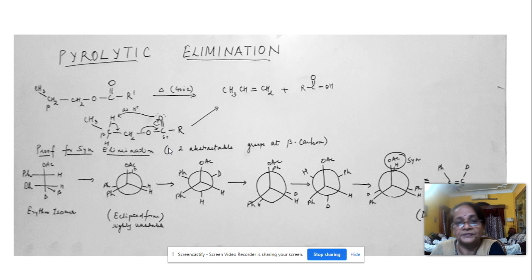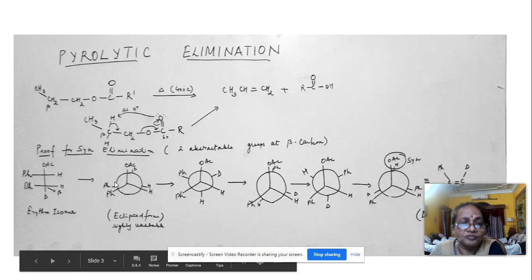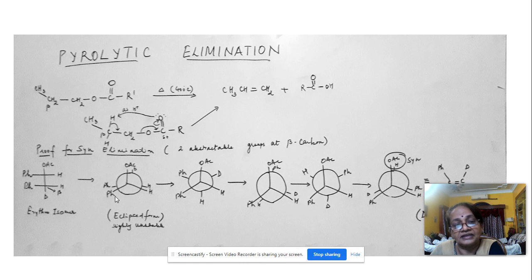Now you can see here, if the deuterium is lying on the same side, the two phenyl groups are lying back to back, or there is steric repulsion between them, and the product will be highly unstable. So you have to rotate the isomer till we come to an isomer where the phenyl groups are apart from each other. Now here, instead of deuterium, the hydrogen is lying behind the acetate. So again, syn elimination will take place, giving rise to a product where deuterium is intact.